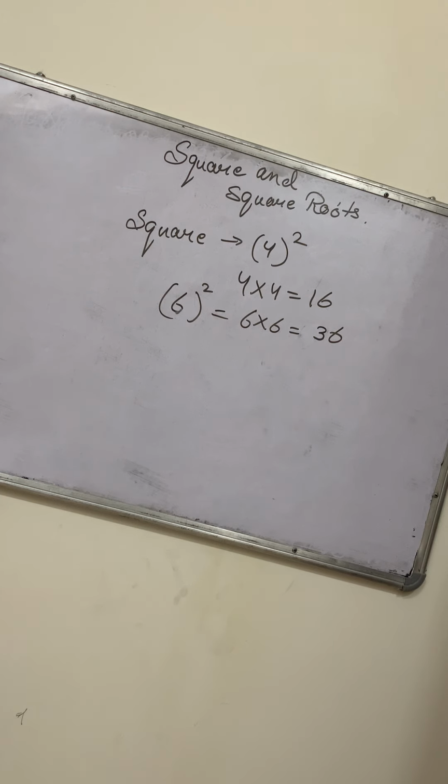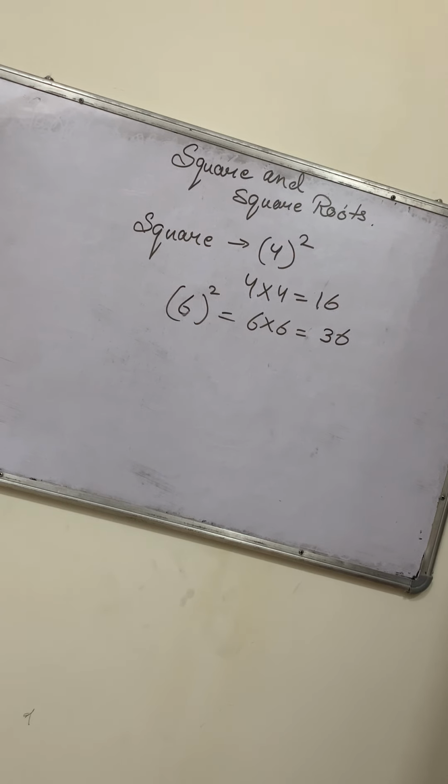We can have the square of every number, right? So you have to learn it till 25. Like 1 square is 1, 2 square, 2 2s are 4. Then 3 square, 3 into 3 is 9. Then 4 square, 4 into 4 is 16. 5 square, 5 into 5 is 25. Like this, you have to learn the squares of the number up till 25. This will be used in the square roots. That's why I'm making you learn, because it will make the square root more easy for you.